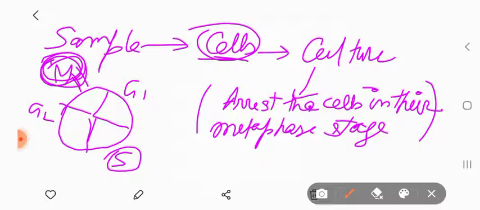Now if you want prenatal diagnosis, prenatal generally means to diagnose before birth, for the child who is going to be born, whether the child has an abnormal chromosome number or structure of the chromosome. Before birth, we go for prenatal diagnosis. It is a way for your doctor to see if your developing baby has some genetic problem or not. Now there are various methods for preparation of karyotype.